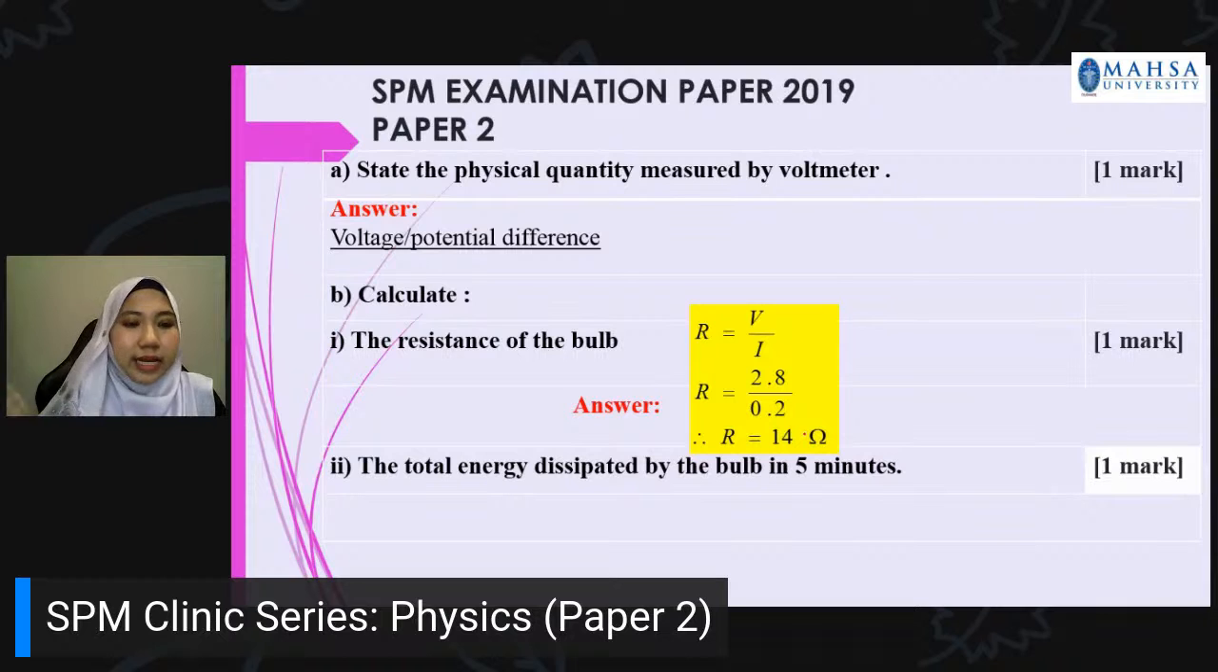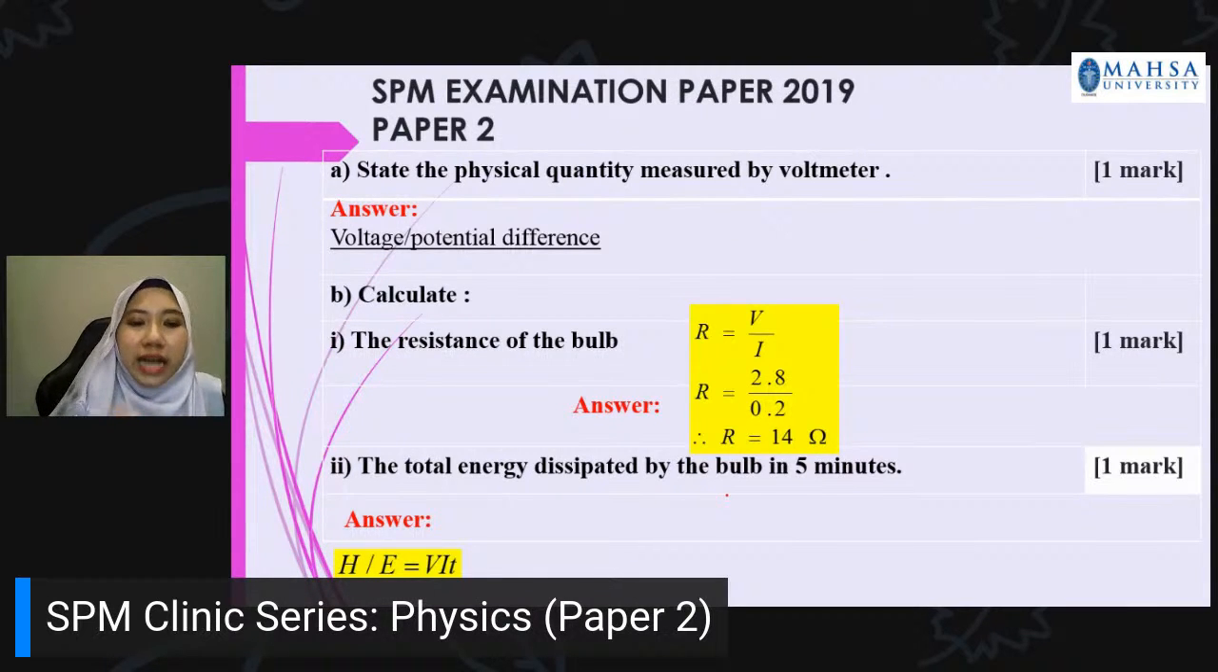Okay, next, the total energy. You have a question to calculate the total energy dissipated by the bulb in the 5 seconds. You can see the variety of the question. For this one, you need to remember the formula. How to calculate the total energy? You have a formula to calculate the dissipated energy, symbol H or E,